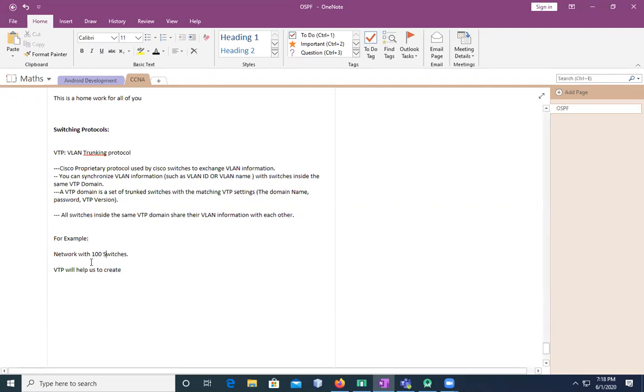So that becomes a very complex and time consuming process. To overcome this issue and make things easier for us, VTP will help us to create the VLANs